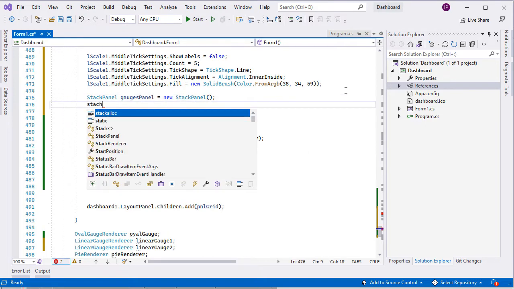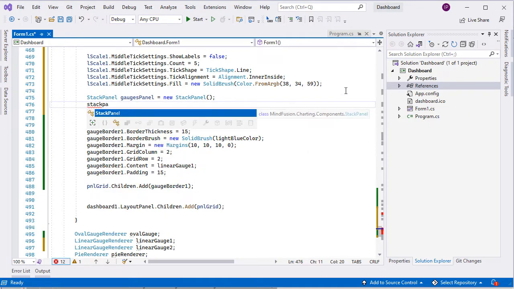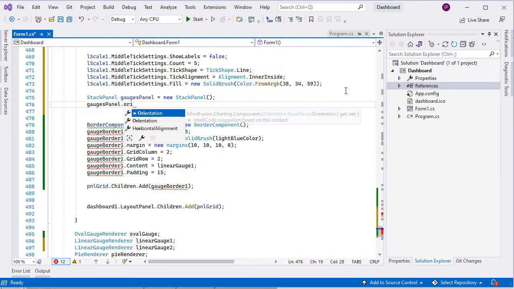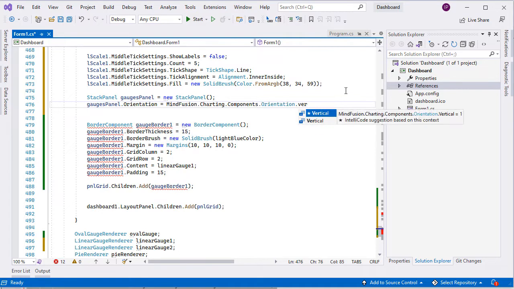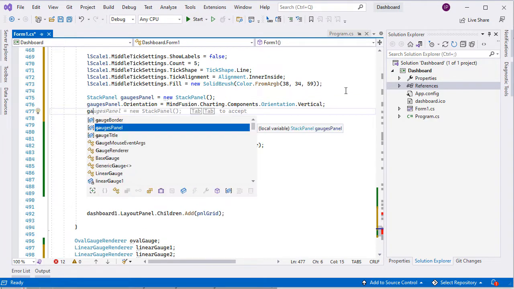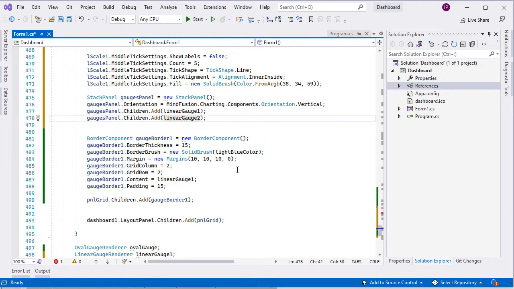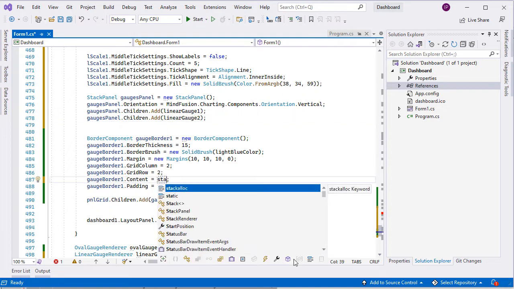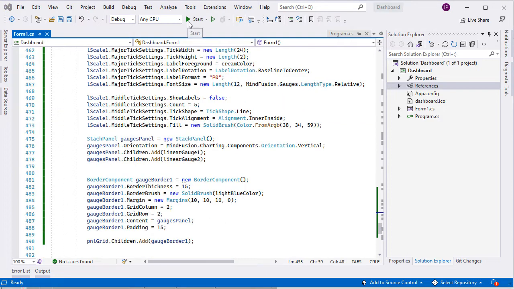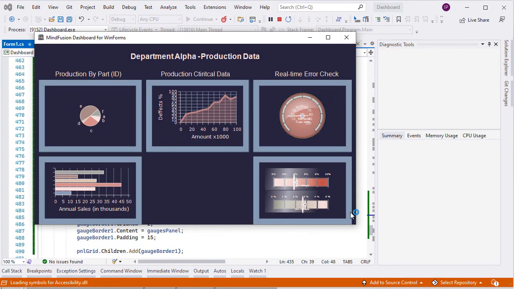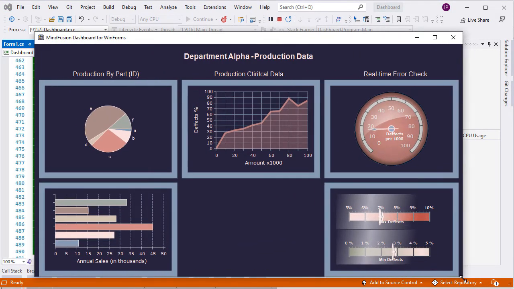The stack panel is one of the layout panels that can be used by dashboards. We add the two gauges to its children collection. We set the content of the border to be the stack panel. Here are our two gauges in the stack panel.